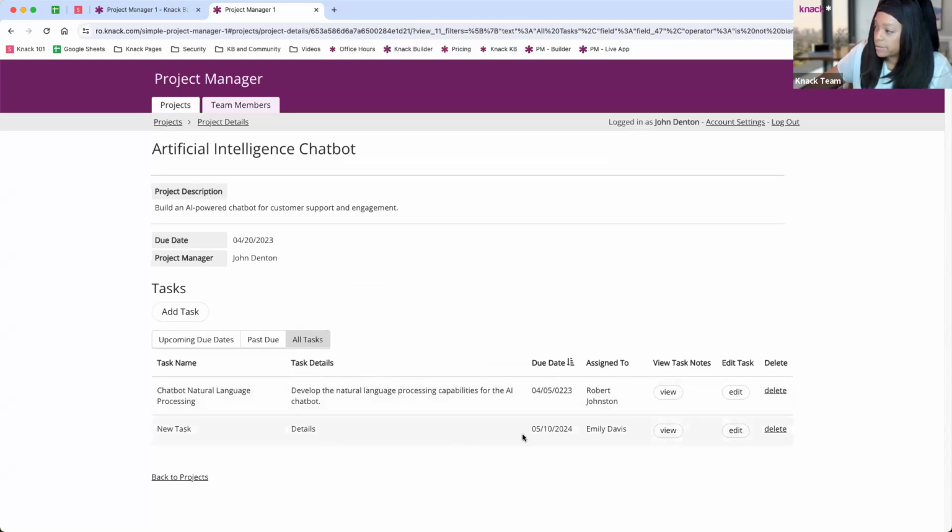So here's that new task. We have a due date of the 10th, which is passed. That's why we didn't see it in our upcoming due dates. But then we're able to look at that list here. And again, these are all tasks that are related to